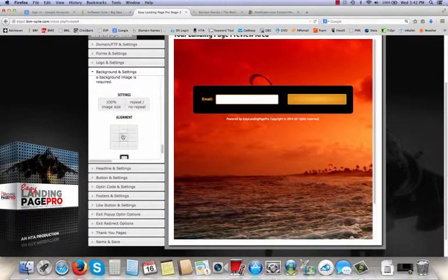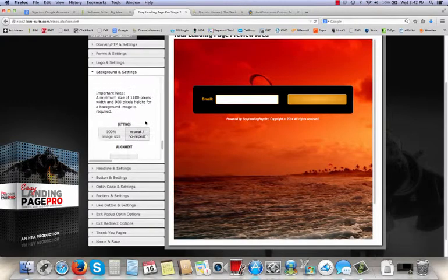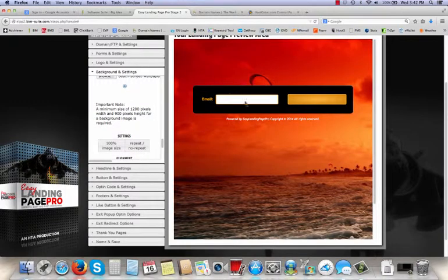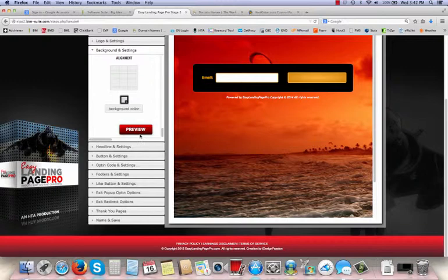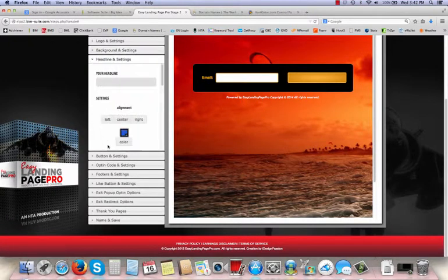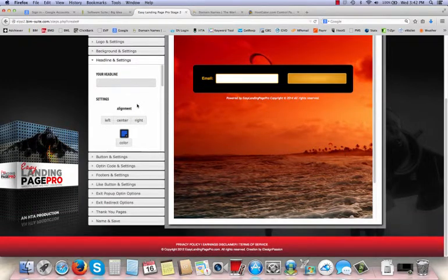Now see here, you can set the alignment of this. We're not going to touch that yet until we see where this is at. So basically, we could set this box to wherever on the page we want it. I want it centered. We'll leave that. We'll come back to that if we need to change it. So headline and settings. So headline,